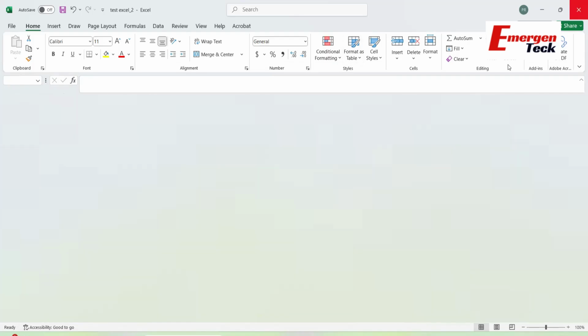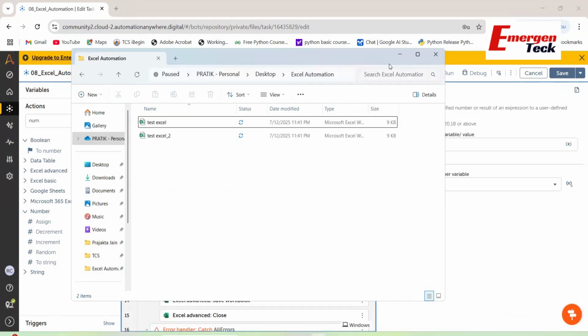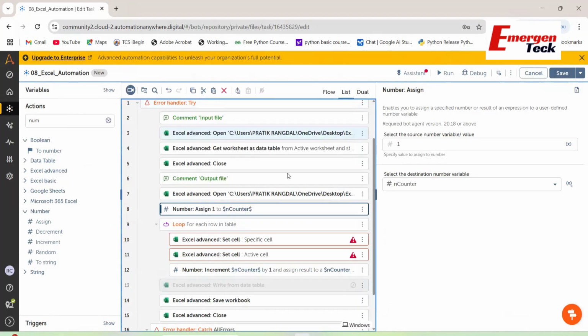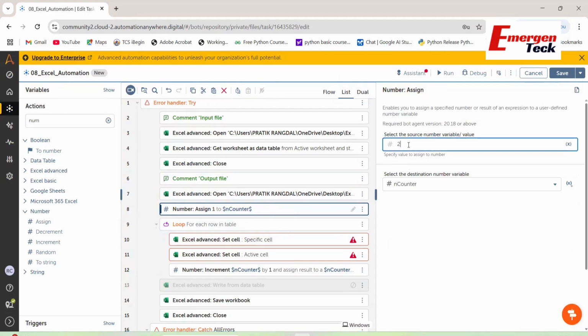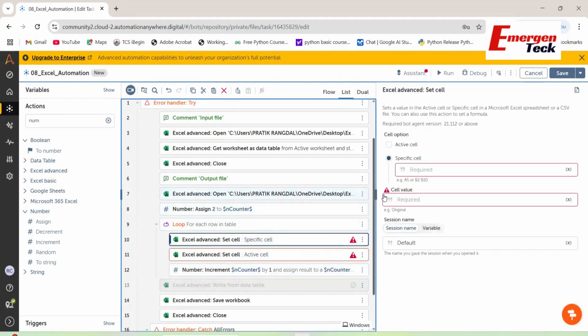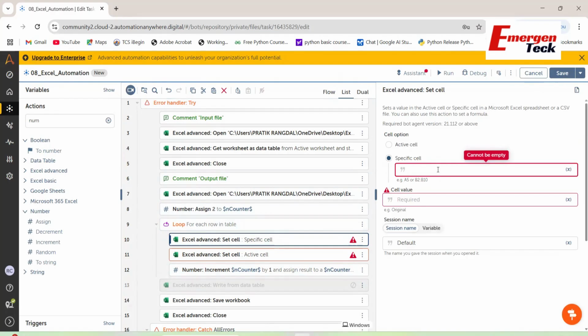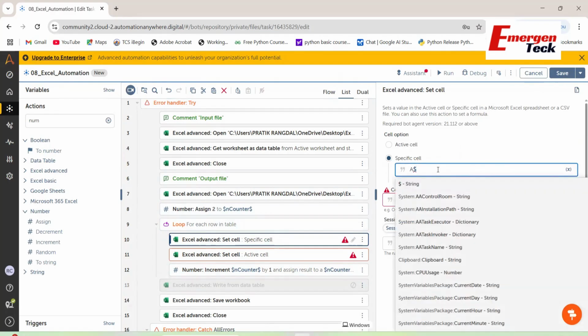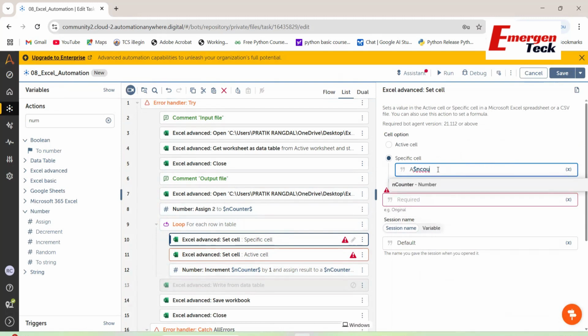So we will increment that, and before that we will set this counter to 2 and increment by 1, and before that we need to set cell. So what I will do, specific cell A, and the name as counter,